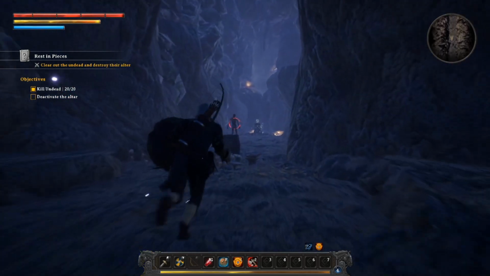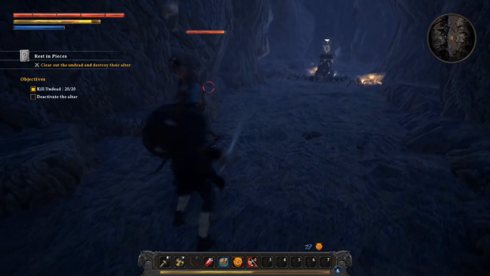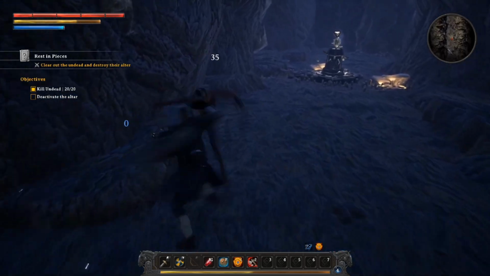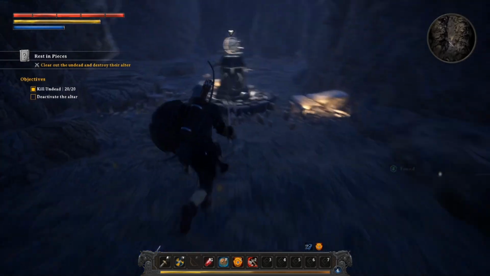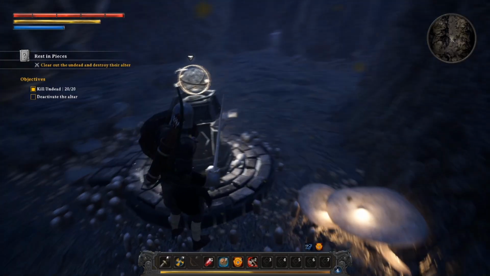We don't want an Amulet of the Fool. Hey, this could be it. This looks like it. Claymore of the Fool. I don't think the Fool stuff is good. So we ended up here. Yeah, this is like...